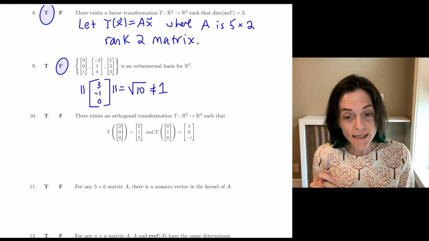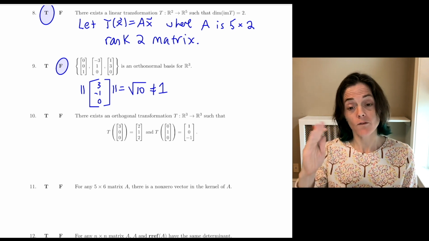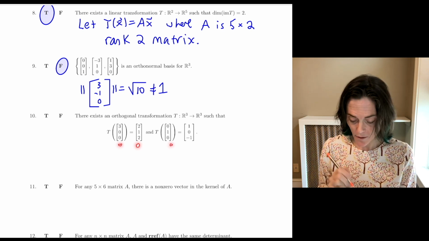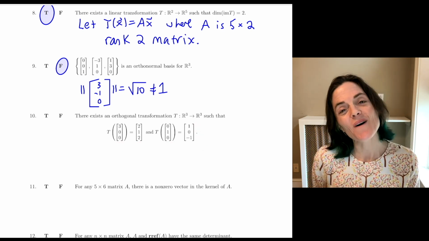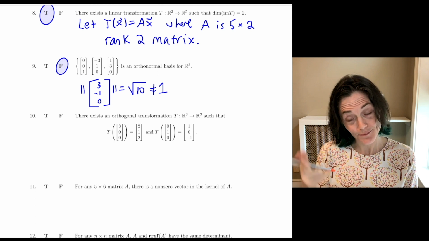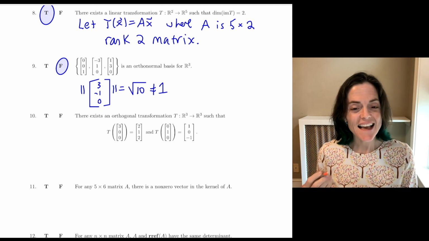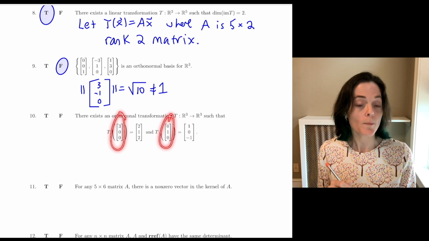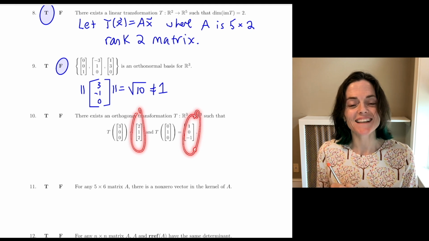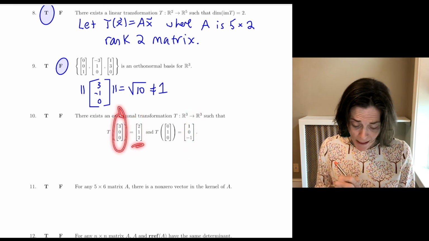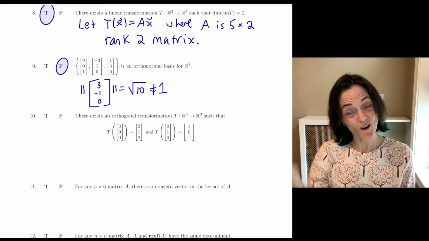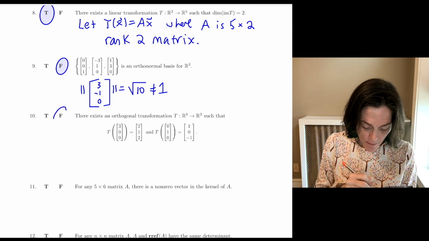Okay, number 10, there exists an orthogonal transformation T from R3 to R3 such that T of 3E1 is 2, 1, 2, and T of E2 is 1, 0, minus 1. We know orthogonal transformations preserve dot product, preserve length, preserve angle between two vectors. Now here, you notice this vector and this vector are perpendicular. Well, this vector and this vector are also perpendicular. You've noticed this vector has length 3, and T of that also has length 3. But even though so far it's okay, the answer is false, because